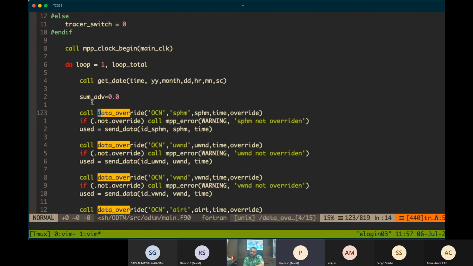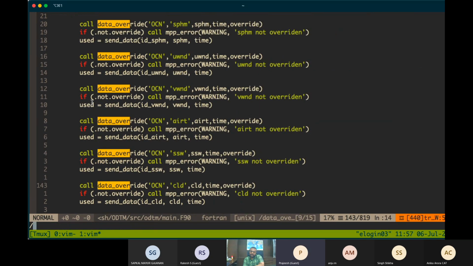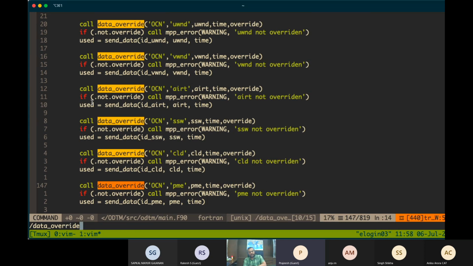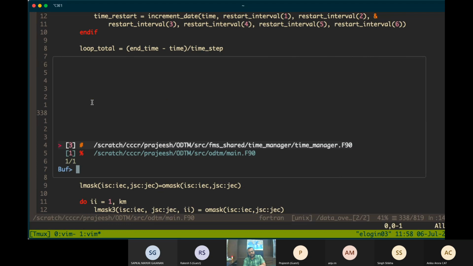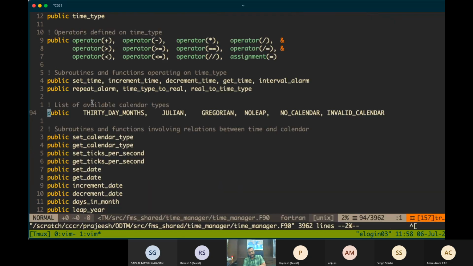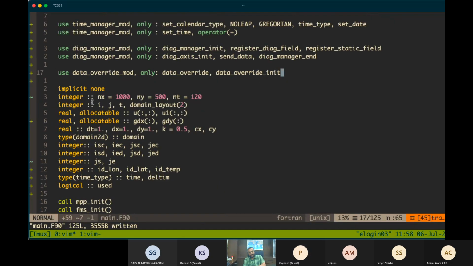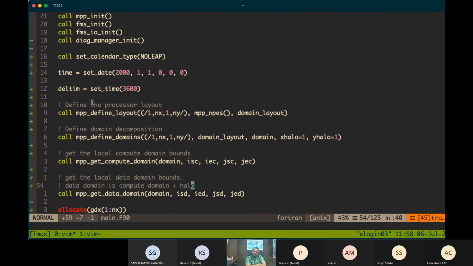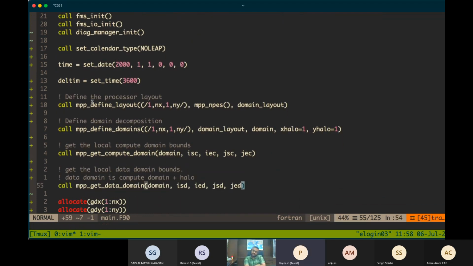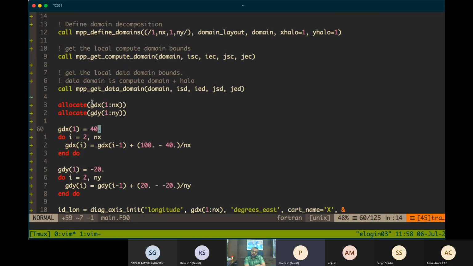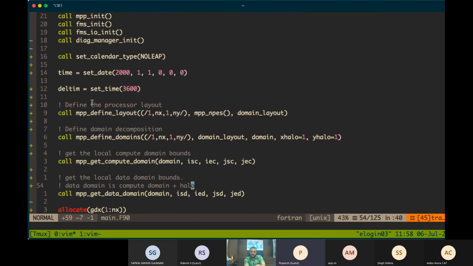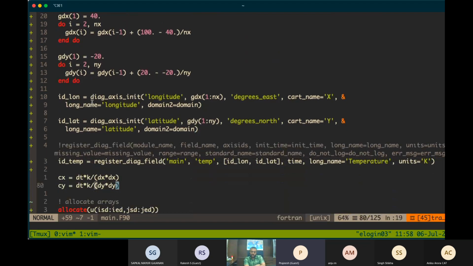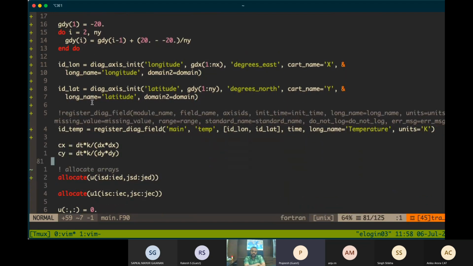So you only need these two. Again, for using the data override, initialize the data using data override init, and the argument to that is the domain.